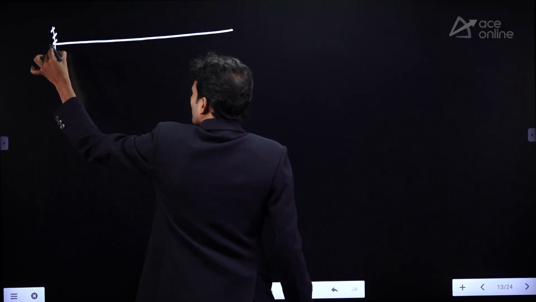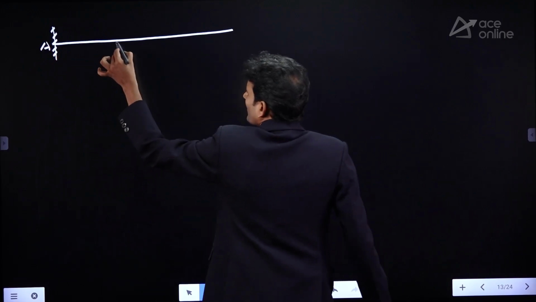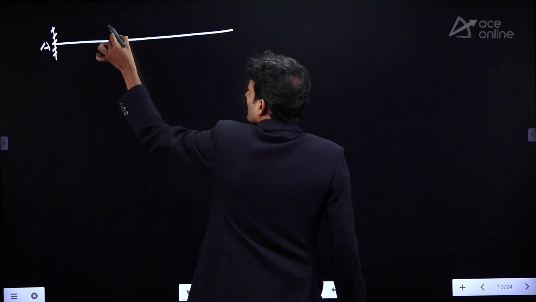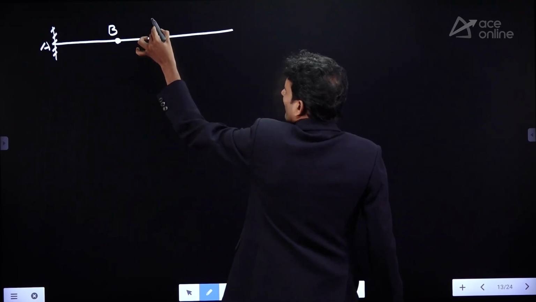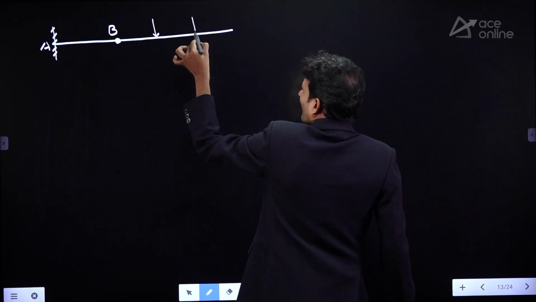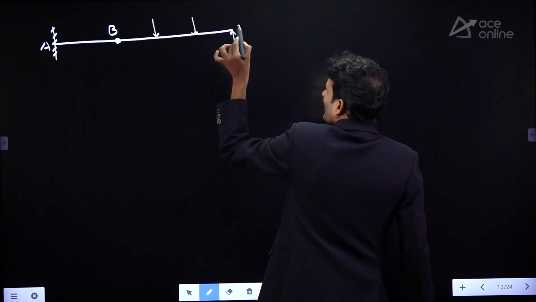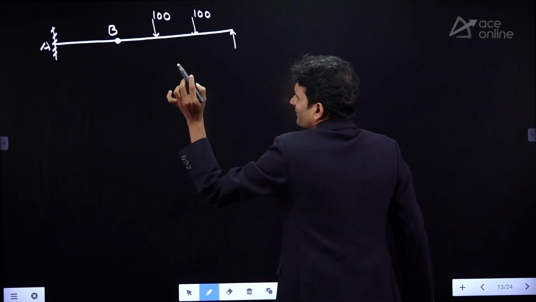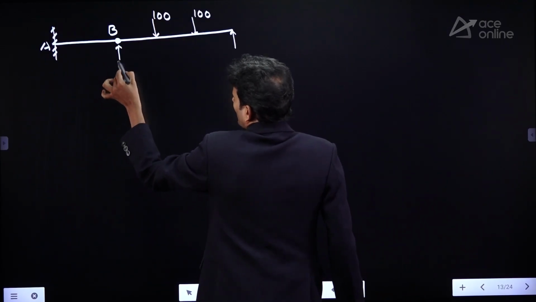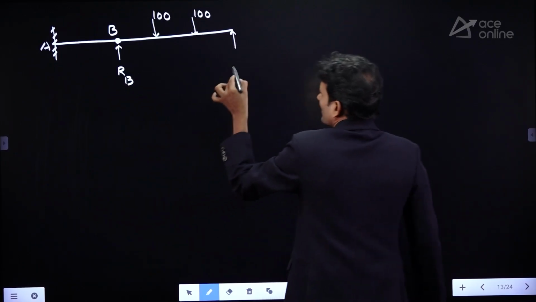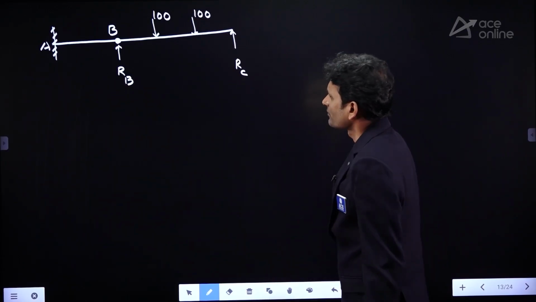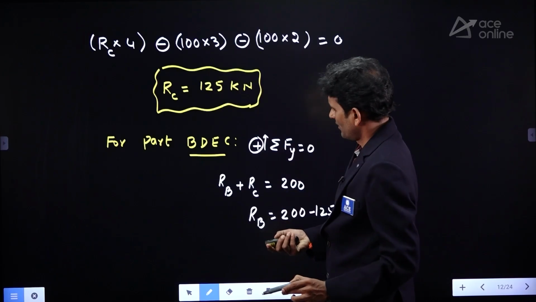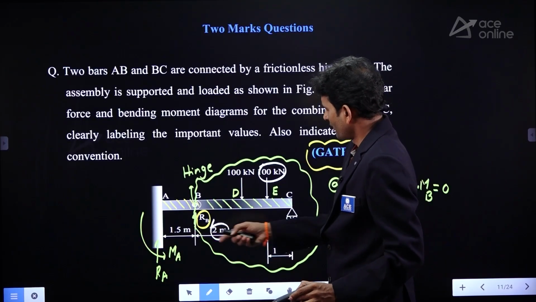This is the given beam we are having. Here A, here B, D, E, C. Here 100, here 100, here RB, here RC. Good. Now, when I am taking the distances, 1.5,